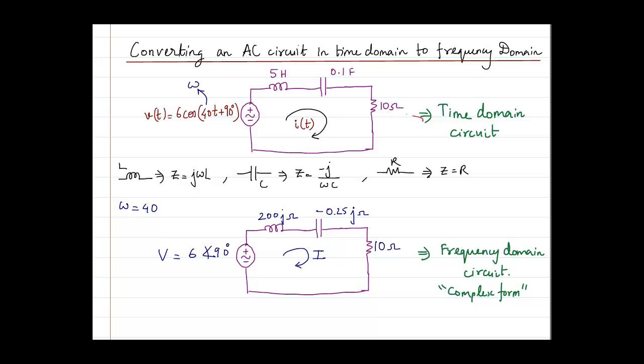Straight away, if we get this kind of a circuit, we straight away change this into this format. This is called the frequency domain circuit. And either you will be directly given this form of a figure, or you will be given the first figure. Which one? This one. If you are given this particular figure, please remember to convert it here. Otherwise, you can't do it. Okay, so this is how we convert an AC circuit in time domain to a frequency domain.